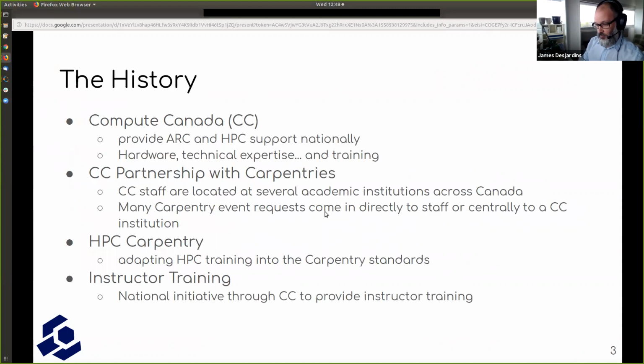So in terms of what we're doing with the history of the Carpentries in Canada, I believe from 2016, the Compute Canada Federation partnered with the Carpentries.